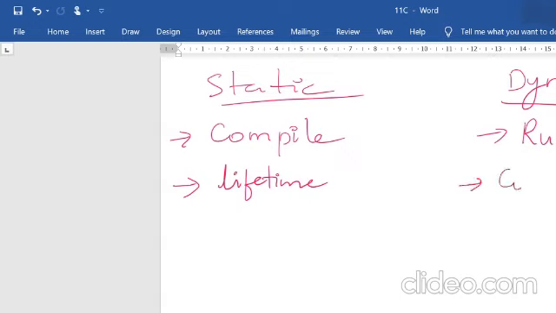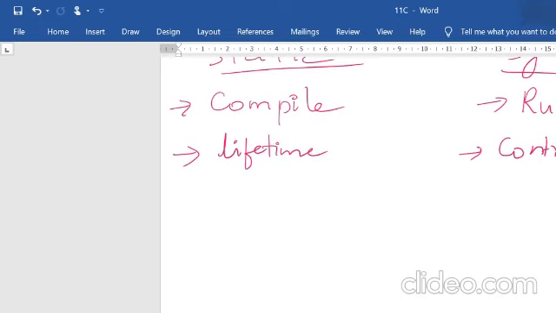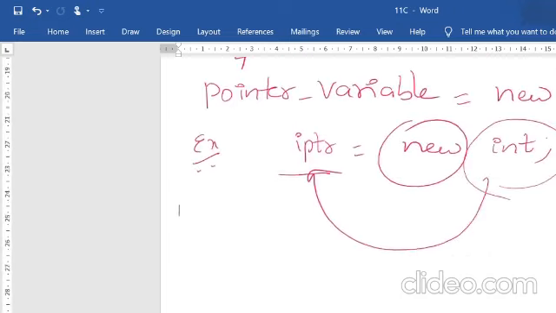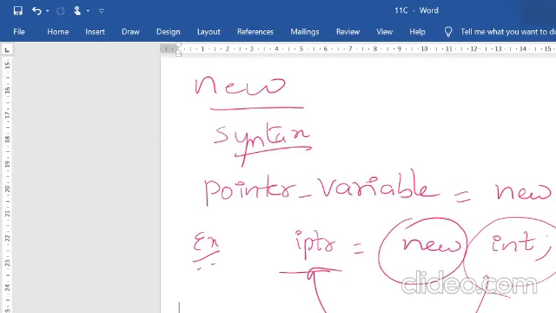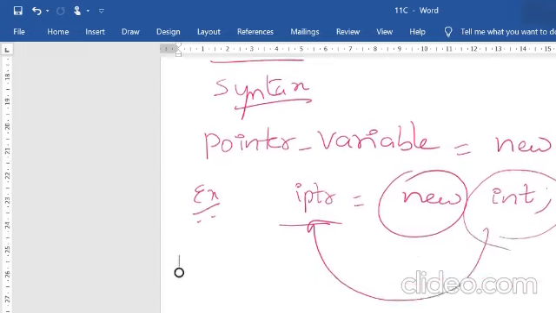Here you can control the exact size and the lifetime of the memory locations. These are the major differences between static memory and dynamic memory. Now we have already gone through your new operator, which is used to allocate memory, that is, assign memory space.